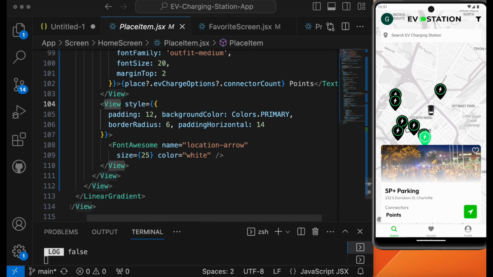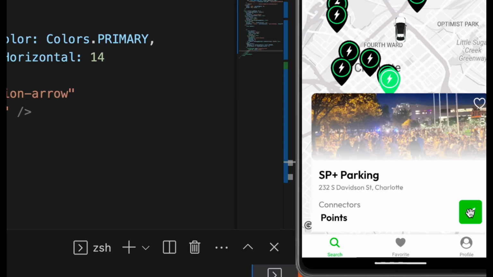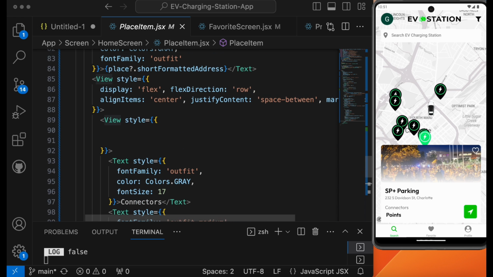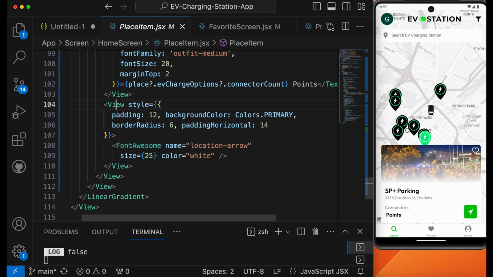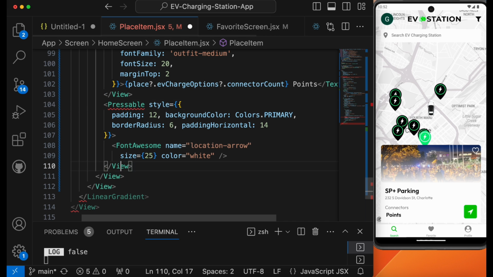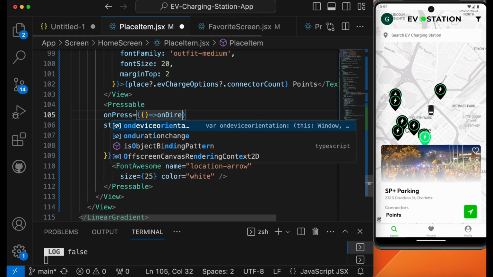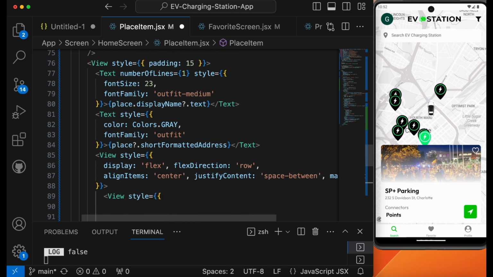So one more thing we need to add inside the place item. Here on the right hand side, if you see, we have this direction button. On the click of that, we need to open Google Maps or Apple Maps, depending on the operating system. So if you search here, this is the button we are using, so make this a pressable so we can add the on press event. So here pressable, and after this let's add the on press event. On press, just say on direction click. Now create one method called on direction click,